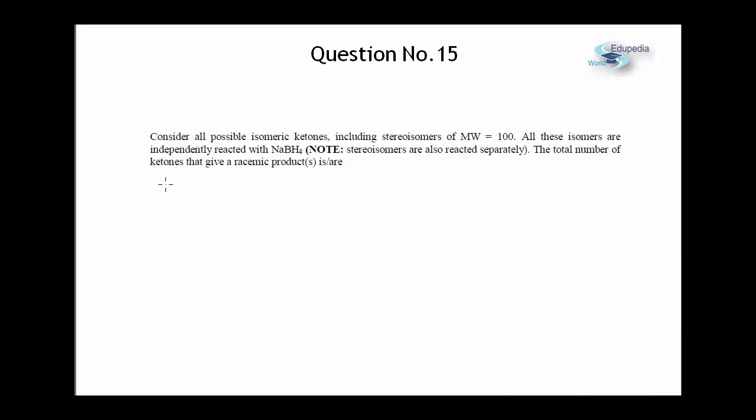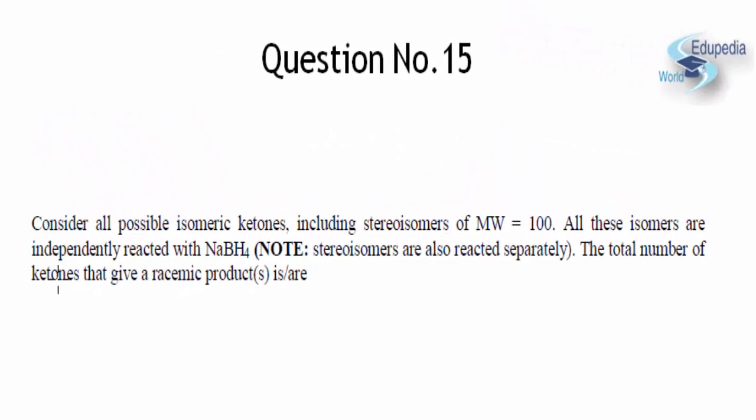Okay students, let us look at question number 15. Question number 15 is a very interesting question from organic chemistry and it tests us on a number of concepts. Let us have a look at this particular question. It says all possible isomeric ketones including stereoisomers of molecular weight 100. So first of all, let us consider all possible ketones, including the stereoisomers, which have molecular